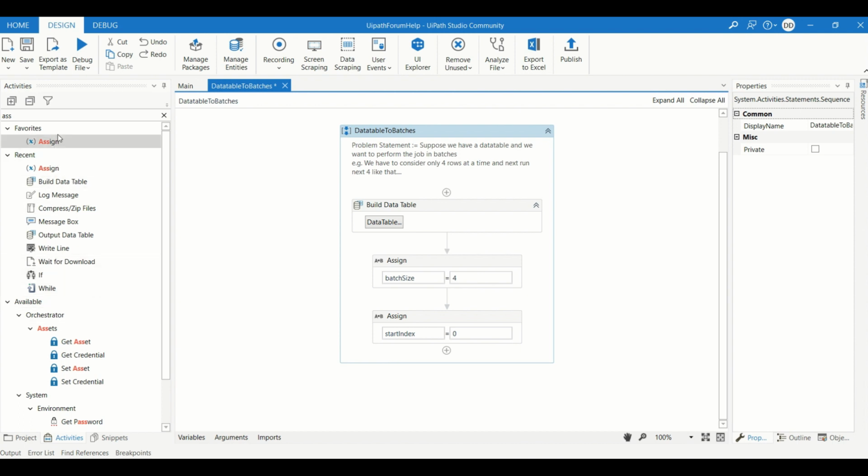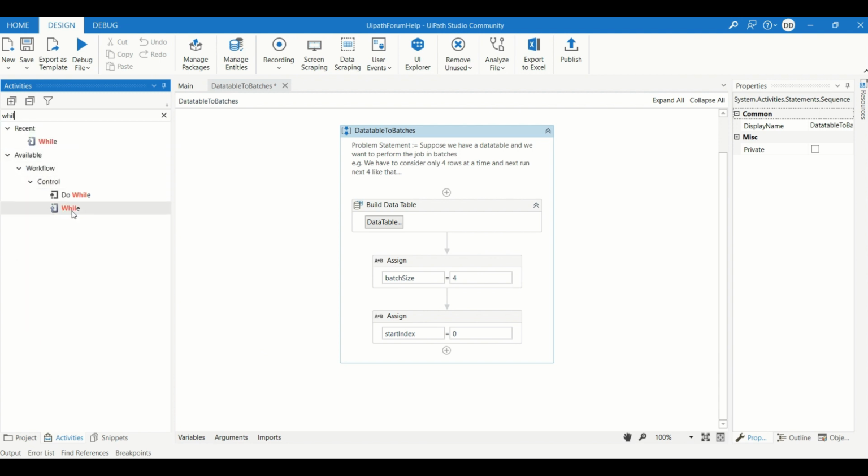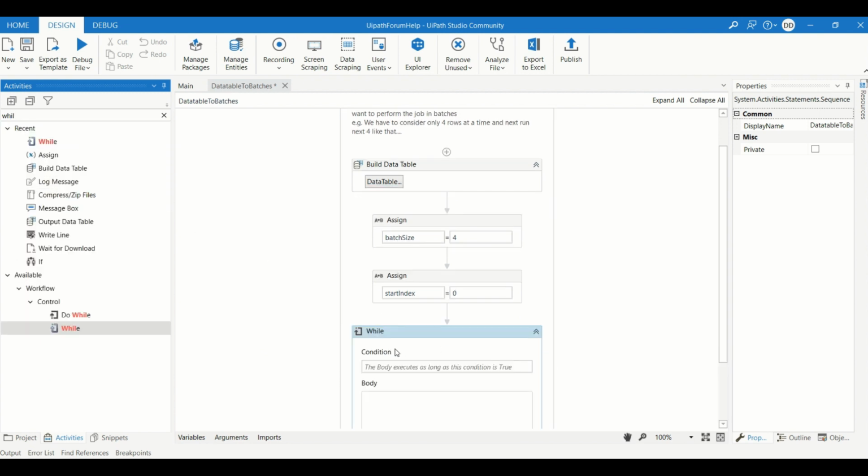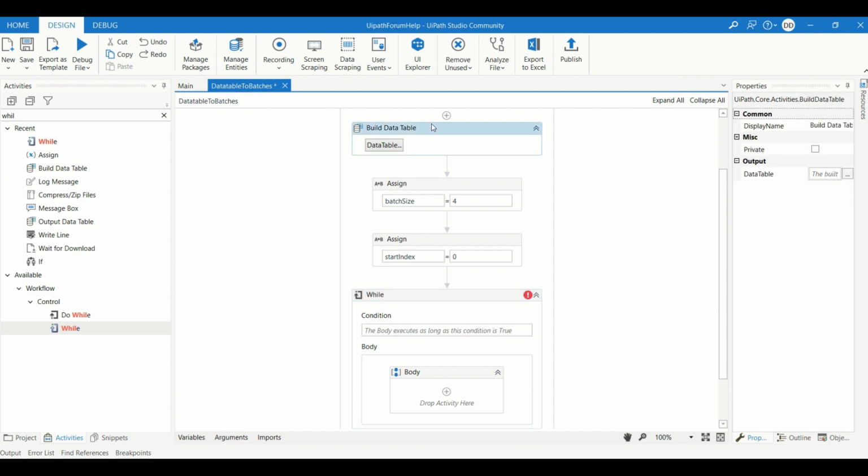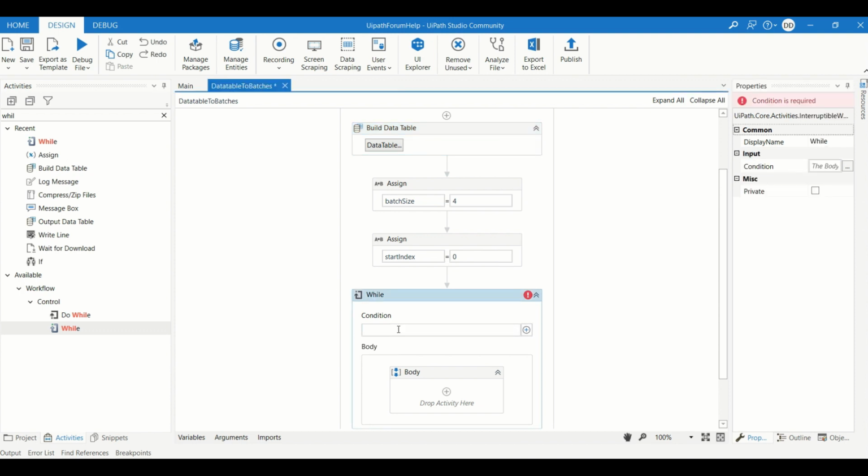To do this, first we will take one while loop. We haven't initialized this data table yet, so we have to initialize it to take the row count. So we will name it dt of number data. In the while condition we will put start index.